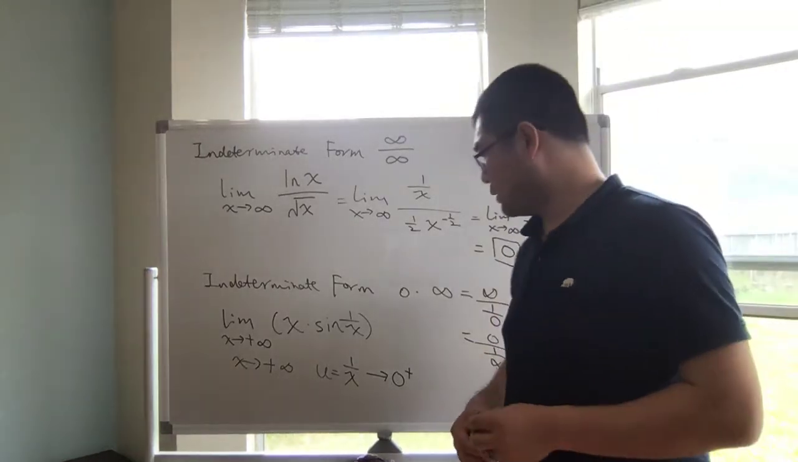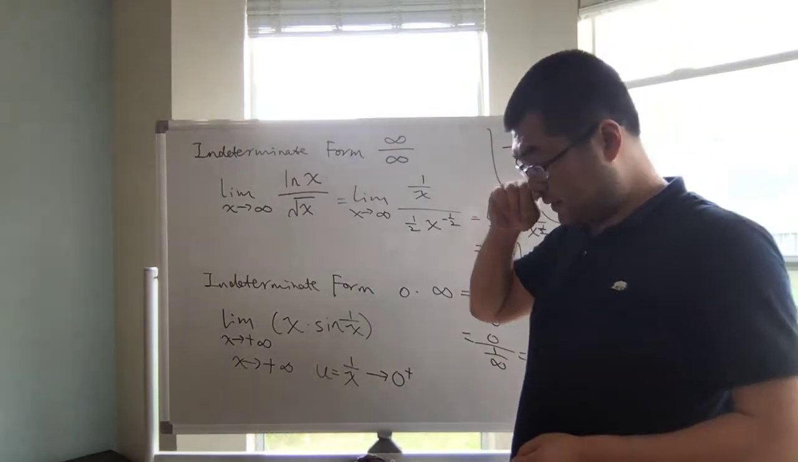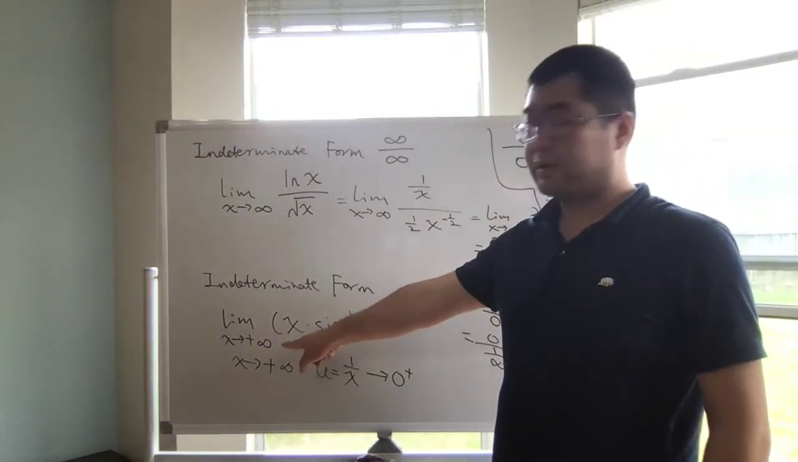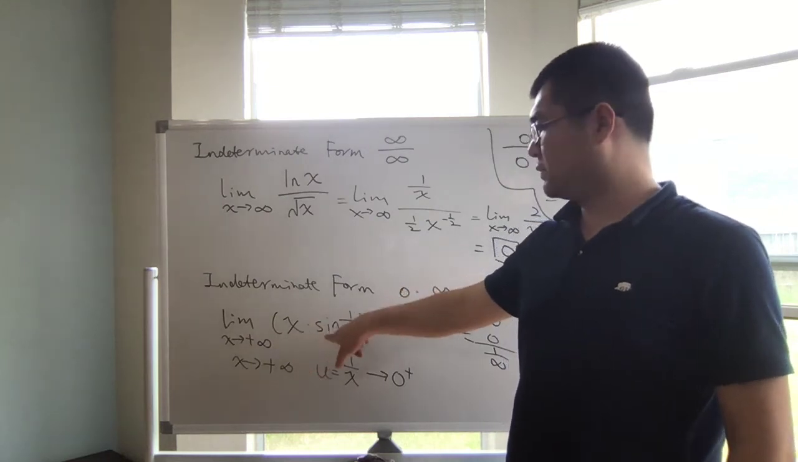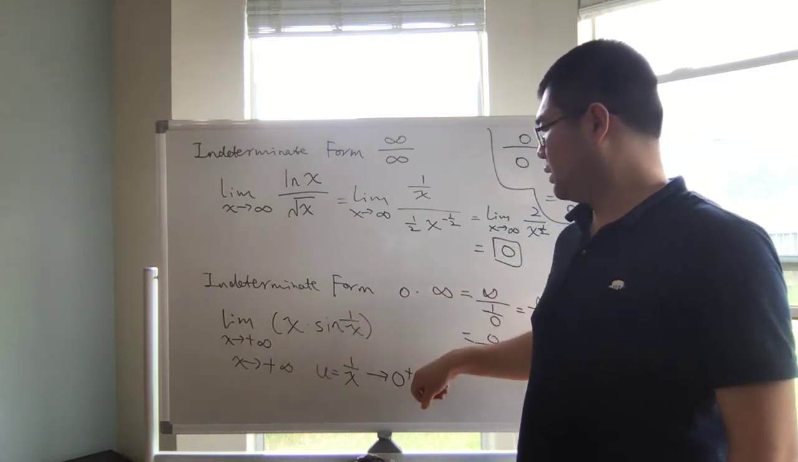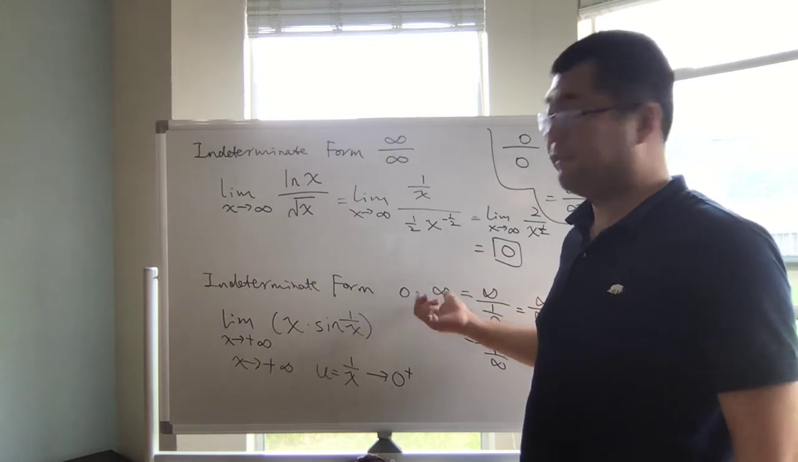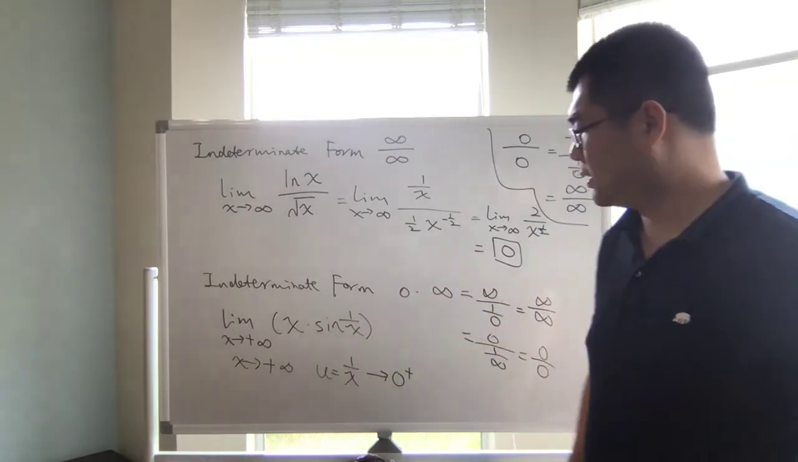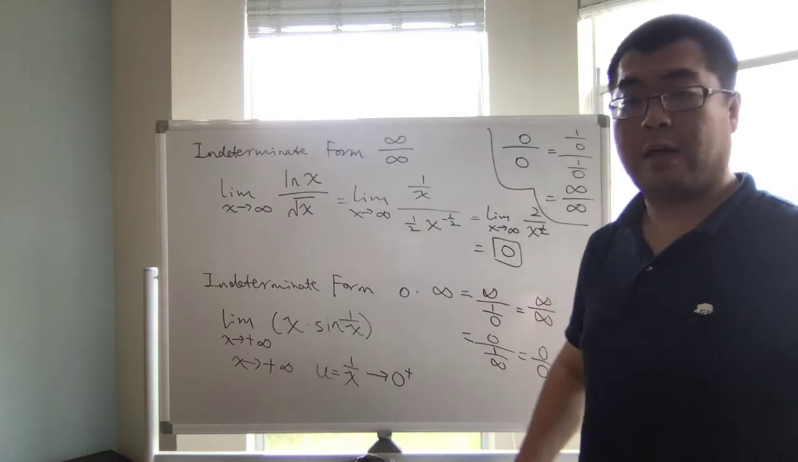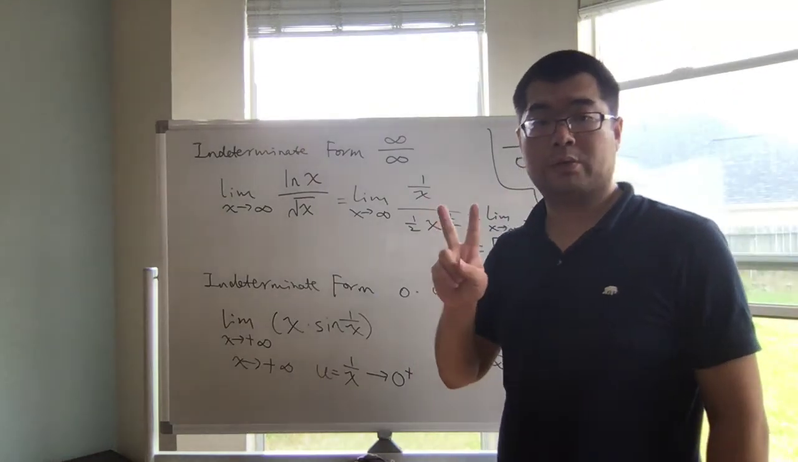Okay, so let's continue for this problem. Limit as x goes to positive infinity of x times sine of 1 over x. This is a 0 times infinity form. Okay, and I'm gonna introduce two ways to do it. One,